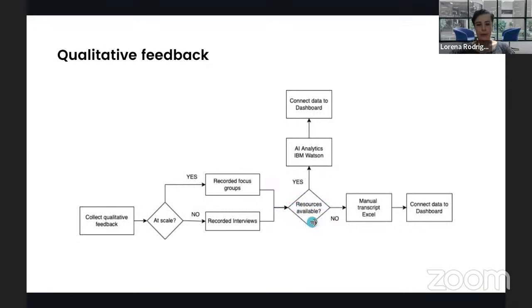Now, this one is difficult, right? Any of you who have done this know that after that, what do you do with that information? If there are some resources available, there are some tools like those AI analytics that you can use to process that information. Some of these tools give you the ability to either identify the overall